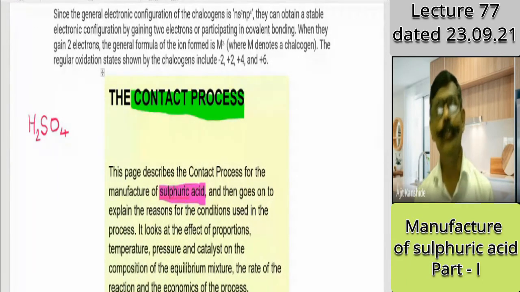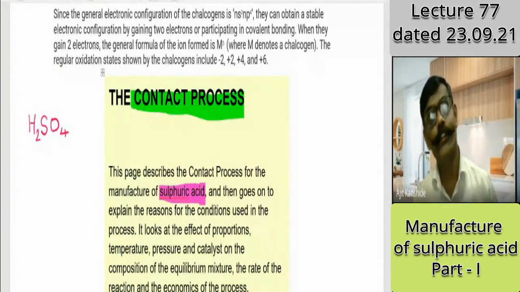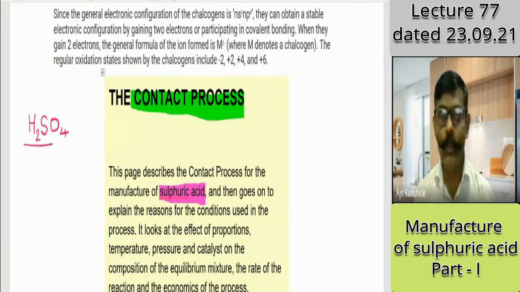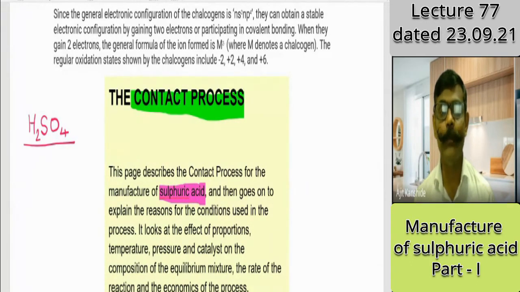H2SO4. So you may think that H2SO4 is directly obtained in the industry by combination. This is not so. Actually, H2SO4 is not directly obtained by combination in industry. One gas is there. Will anybody guess which gas you have to obtain from which you can get H2SO4? I help you. From H2SO4, subtract water and one gas you will find.